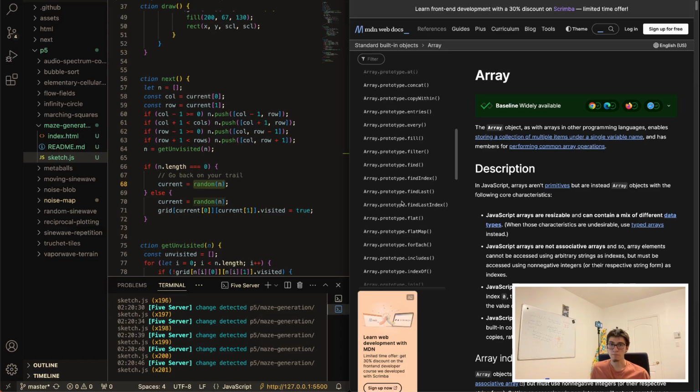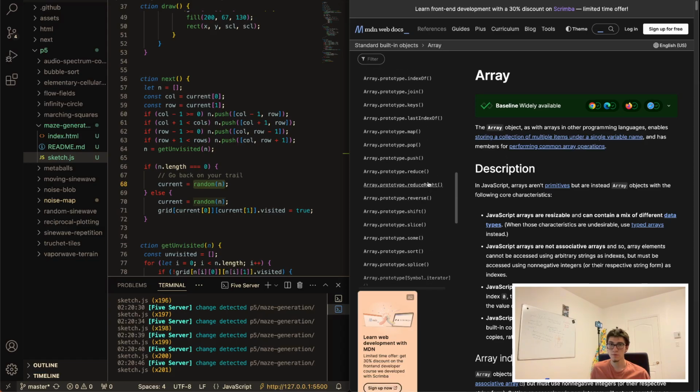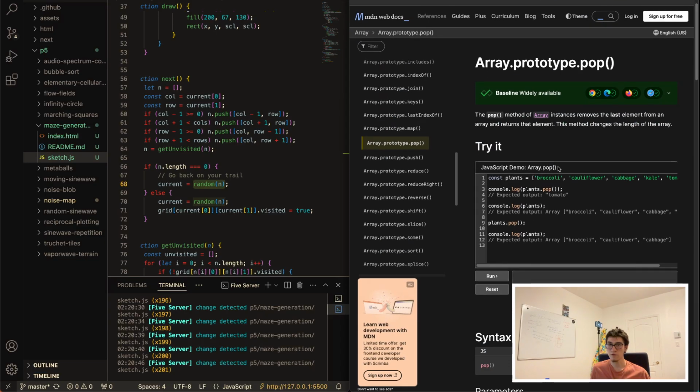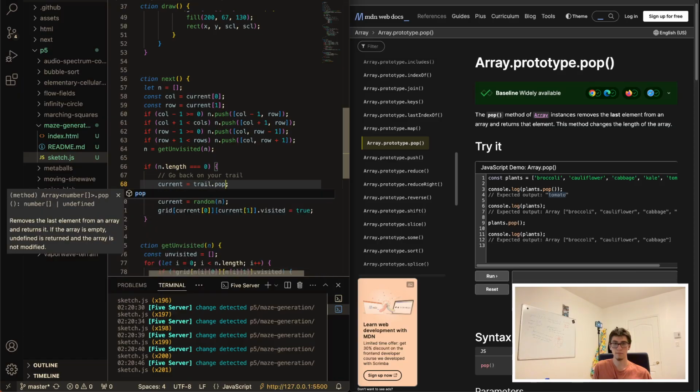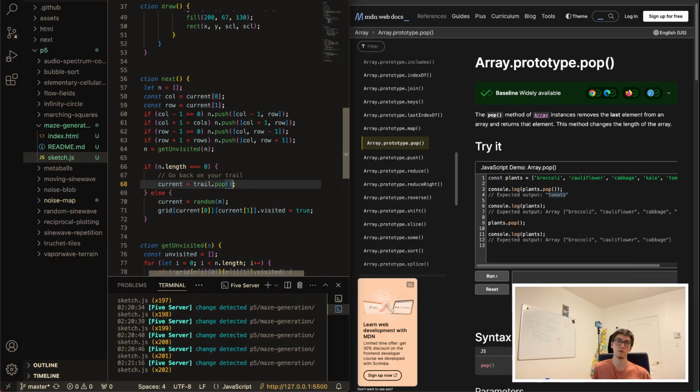Let's take a look at pop. I believe it returns the element. Yeah, it does return the element. That's great. That's exactly what we want. So trail pop, not only it removes it from the array, but it's also